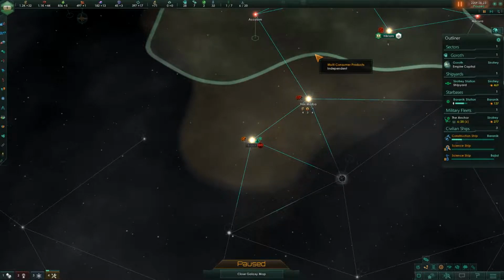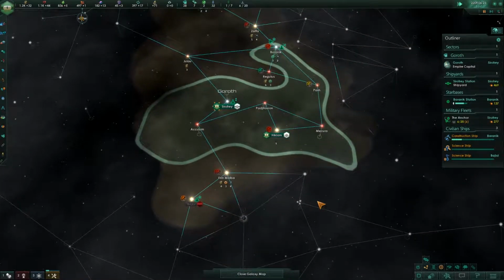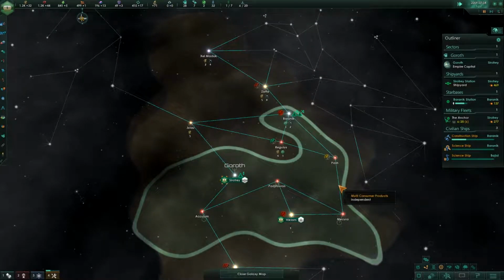One thing I've noted with this expansion is that primitive worlds are a little less obvious than they used to be. So I may not initially notice when we encounter one. I mean, we might get a pop-up for it, but...